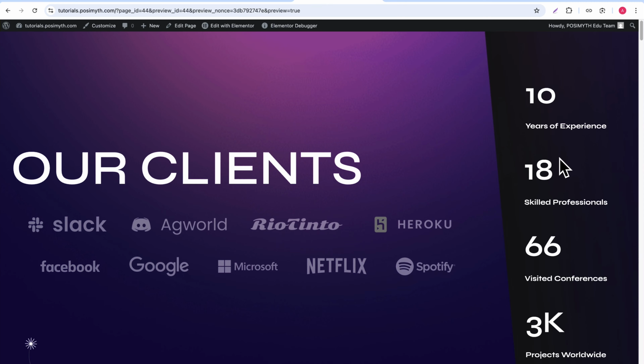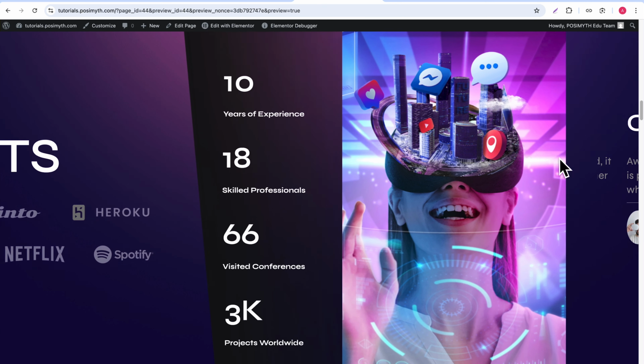And that's it. Now you know how to create a horizontal scrolling layout in Elementor from setup to complete working